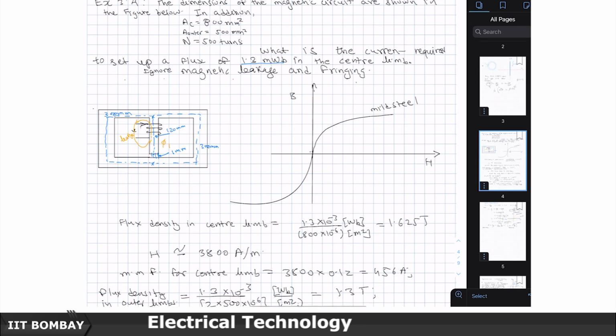When I have not applied anything also, if I measure the B, there would be some remnant magnetic field intensity, and then as I increase the H,